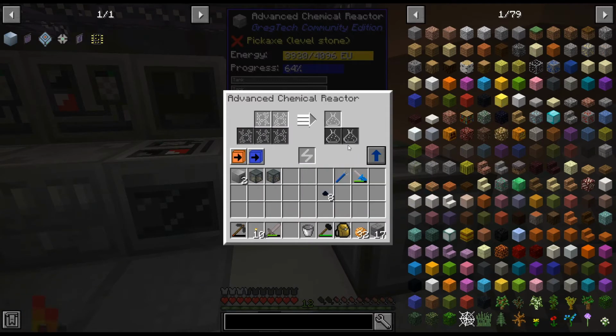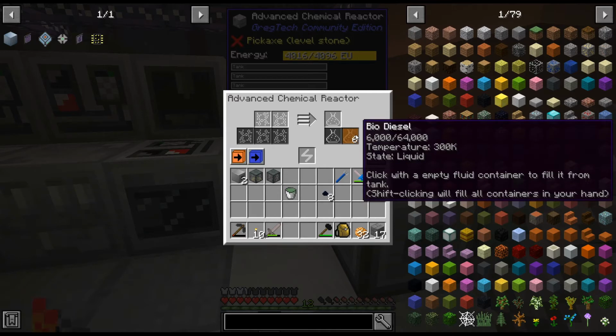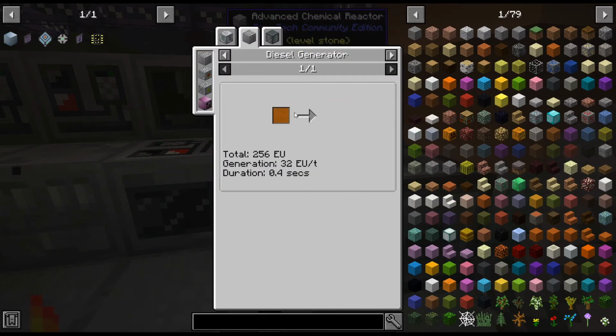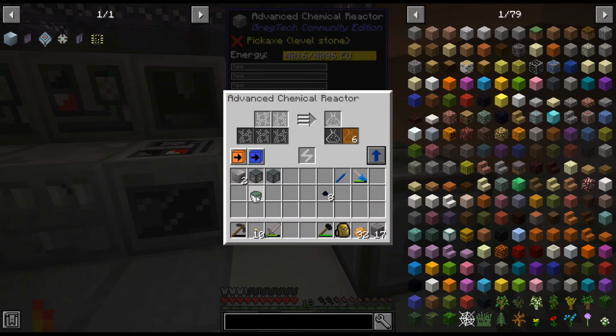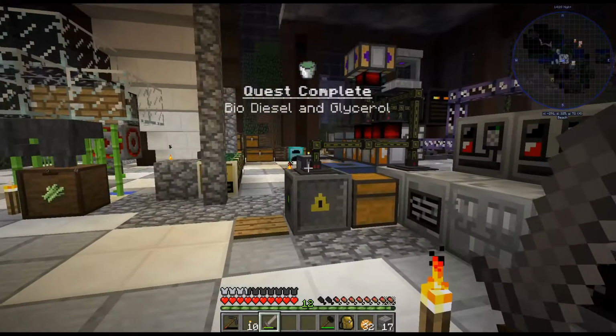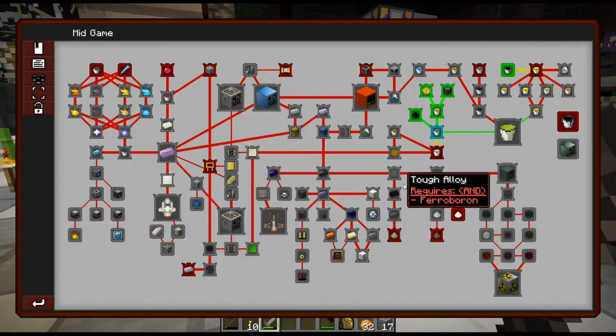But we'll see. So this will be the glycerol and the biodiesel. And then we could burn the biodiesel. I mean, you do get 6 buckets of biodiesel. That can be turned into nitrodiesel and stuff, or burned in a diesel generator for power. So it definitely does have uses. Maybe we'll come up with something with that. But for now,